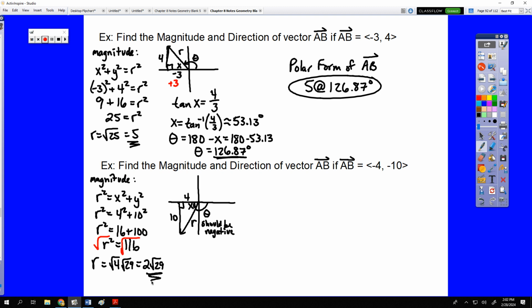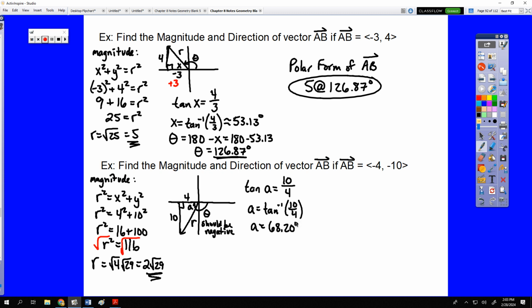For our direction, we find the tangent of the angle in the triangle, which I am greatly regretting using x there, so I'm going to use a different letter. I'm going to use a, because we haven't used a for anything here. Okay, we need to find this angle right here, which is angle A. The tangent of A would be opposite over adjacent, 10 over 4, which means that that angle would be the inverse tangent of 10 over 4, and we would feed that to our calculator and get an angle of